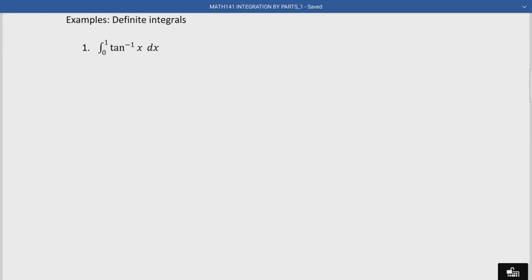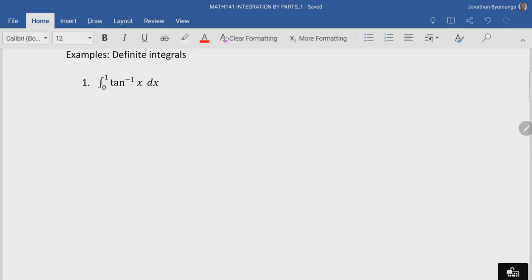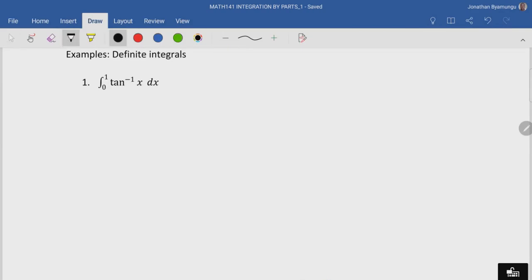We'll be looking at a few examples now covering definite integrals using integration by parts. And the first example that we'll be looking at today is the integral from 0 to 1 of tan inverse of x dx. Right. So using the same logic that we established